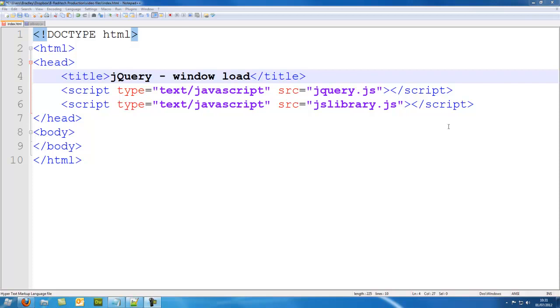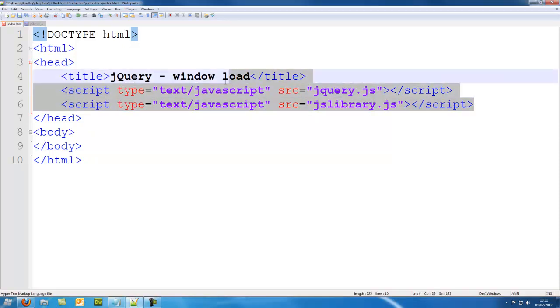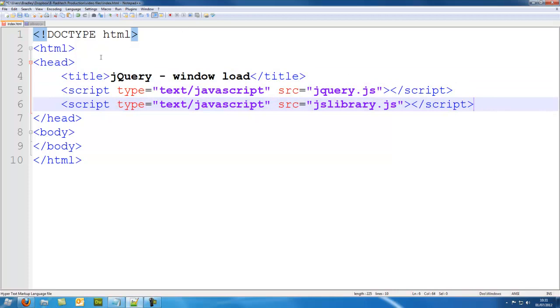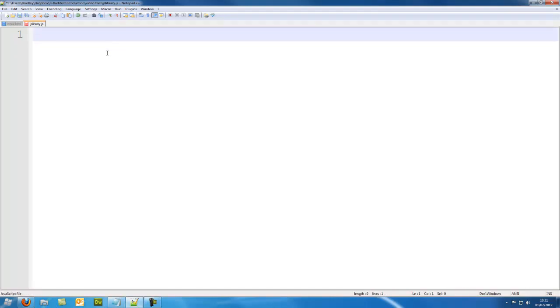In this tutorial we're going to be doing a window.load function in jQuery. So we need to reference our scripts on our page, as we have done here, and once we've done that we can start manipulating some jQuery. So in our JS library.js, where we'll be writing our jQuery, we need to put the $ sign, that's just